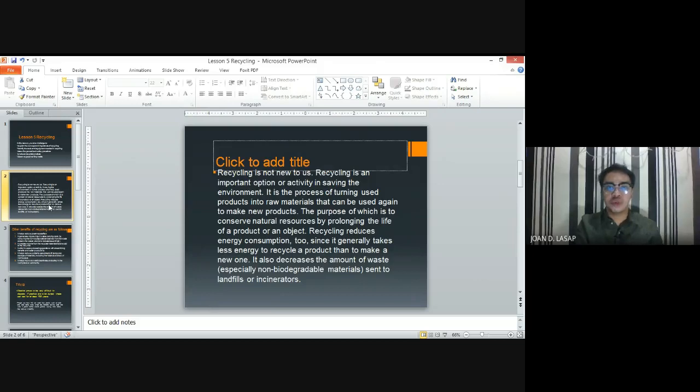The purpose of which is to conserve the natural resources by prolonging the life of the product or an object. So there is a purpose, right? That we are going to conserve our natural resources and we are eco-friendly. Recycling reduces energy consumption sometimes too, since it generally takes less energy to recycle a product than to make a new one. It also decreases the amount of waste, especially non-biodegradable materials sent to landfills and